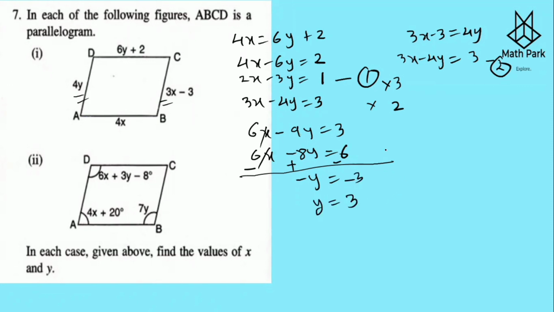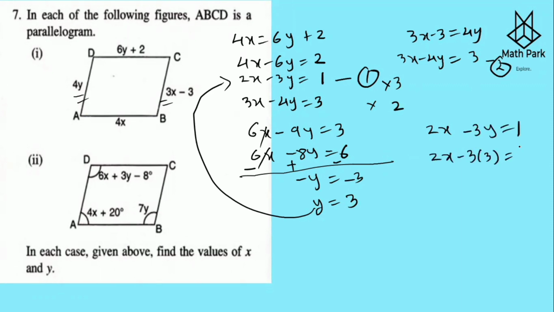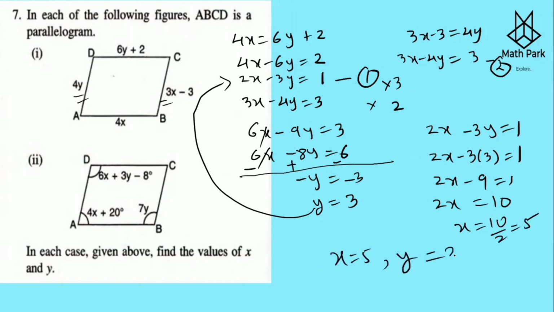So let us substitute Y is equal to 3 in equation number 1. So we get 2X minus 3Y is equal to 1 is the equation. So 2X minus 3 times 3 is equal to 1. 2X minus 9 is equal to 1. Minus 9 goes here, we get 1 plus 9. So 2X is equal to 10, and X is equal to 10 upon 2, which is equal to 5. So this is how we got X is equal to 5 and Y is equal to 3 for the first